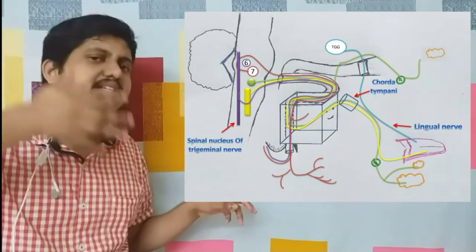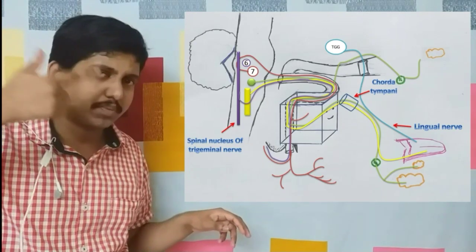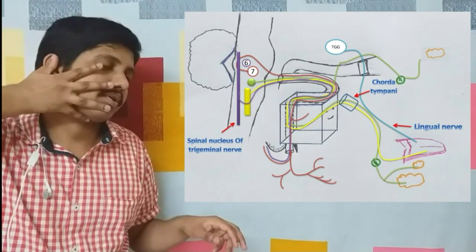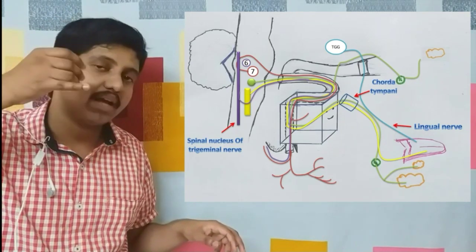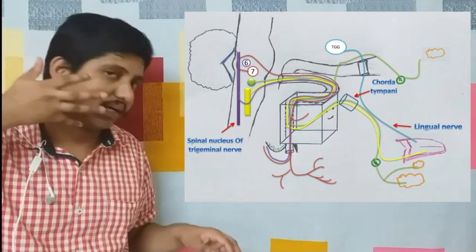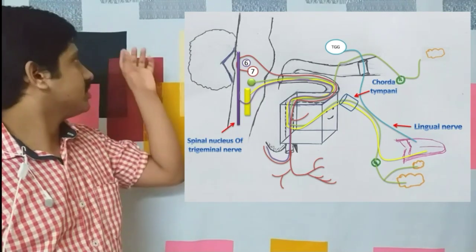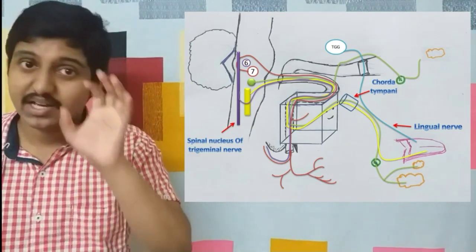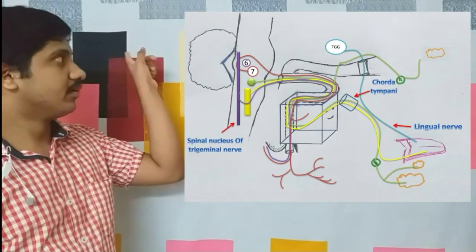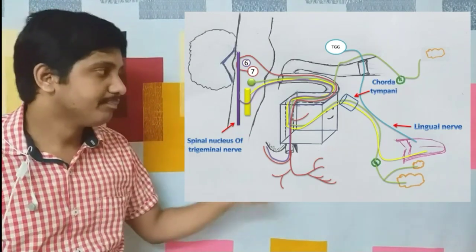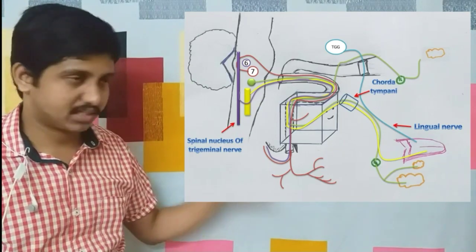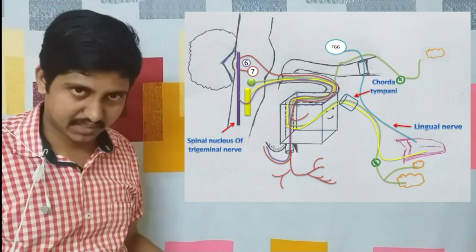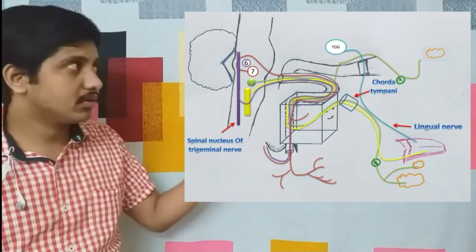That is the temporal branch, the index finger corresponding to the zygomatic branch, the middle finger corresponding to the buccal branch, the ring finger corresponding to the marginal mandibular branch, and the little finger corresponding to the cervical branch. That's all. Now the next one, that is our parasympathetic fibers from the superior salivatory nucleus. That name should be given importance. It supplies our lacrimal gland as well as the submandibular and sublingual glands through the ganglia, the pterygopalatine ganglion and submandibular ganglion respectively. So we tell about the ganglia only in these two.